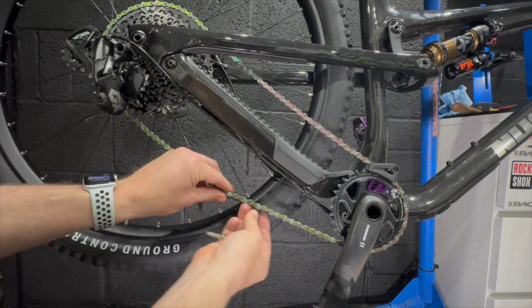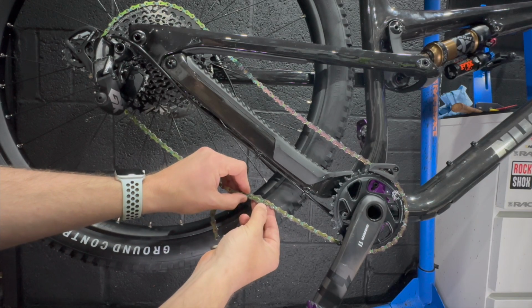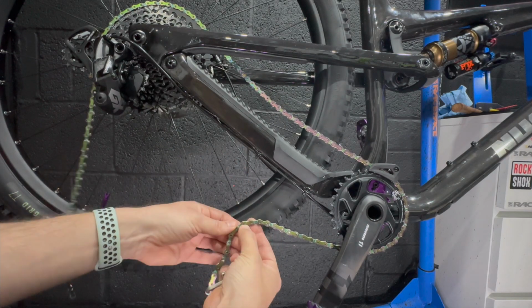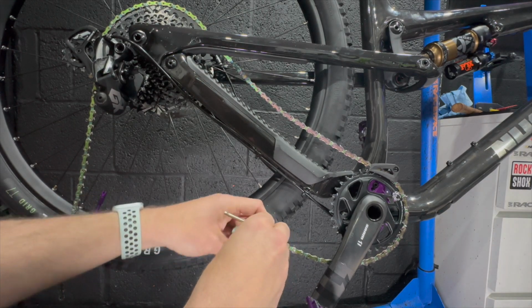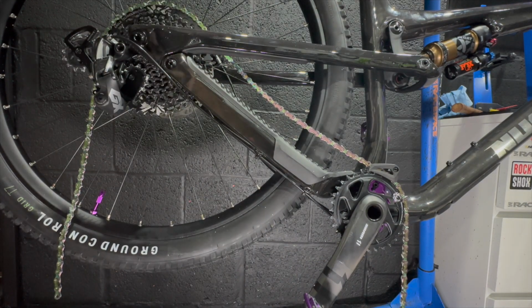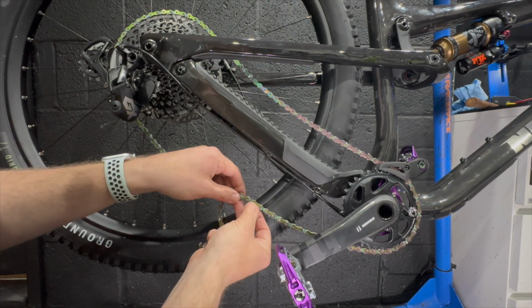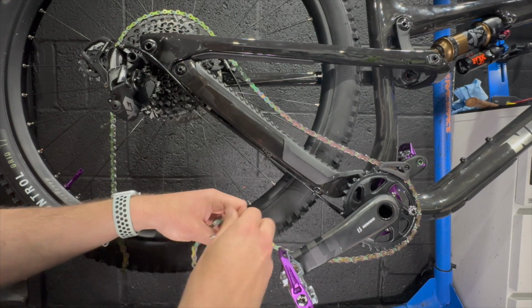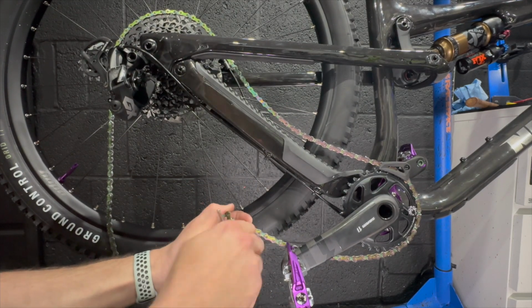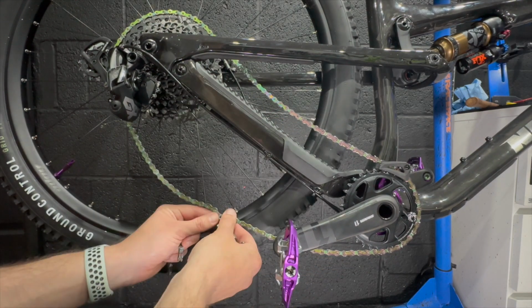What I did here, I wanted to size the chain correctly. I emptied the shock of any air to make sure that at maximum compression there wasn't too much chain growth, and then I could cut the chain to the appropriate length for the bike. So that's me just making sure I cut it to the right length. I double checked and double checked again, because reassembling these chains is probably not ideal,